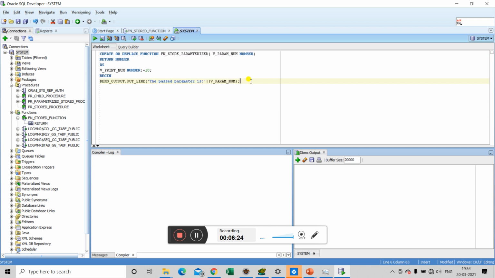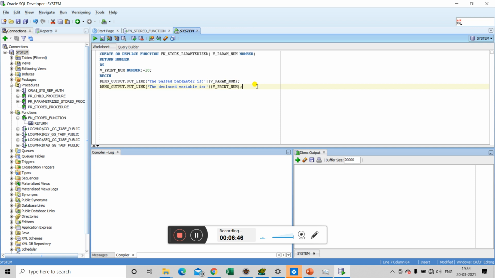Now we will print our variable that we have declared inside this function: the declared variable is print num.